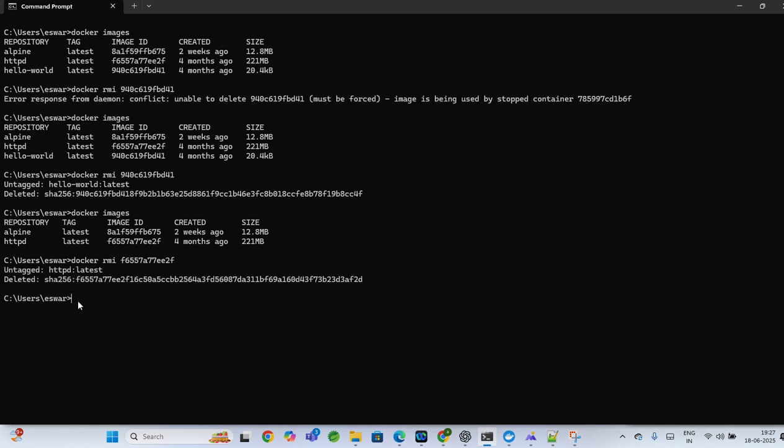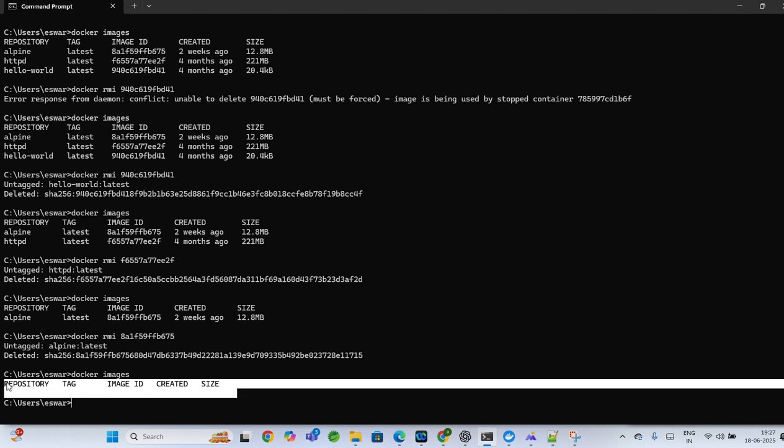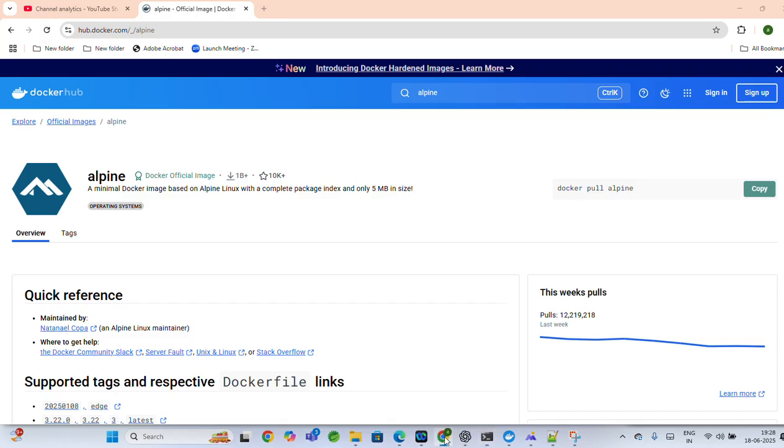So see, again you check, and again docker images, right? Alpine. So this is a wonderful feature, and this is also removed. After that, I will pull the image from Docker Hub, then only you can understand. And see, the repository is not there in our console. Okay, so go to your hub,